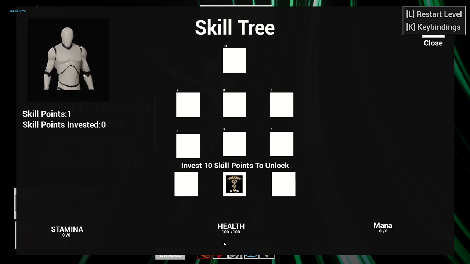So now, since we've set up the functions inside of the skill tree widget to read what the player's health is, it now reads the current health and the maximum health. So if I was to get hit and my current health went down, that would also go down. If we purchase the skill, you can now see that every time it's purchased, 10 is added. Oh, we only have one skill point, so